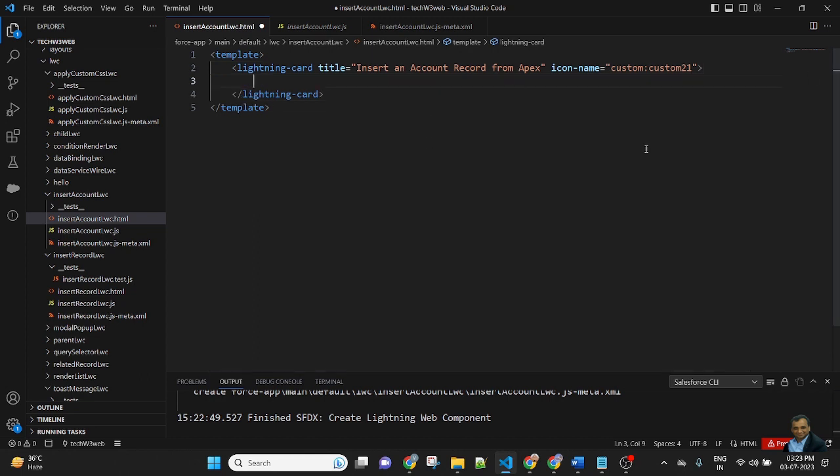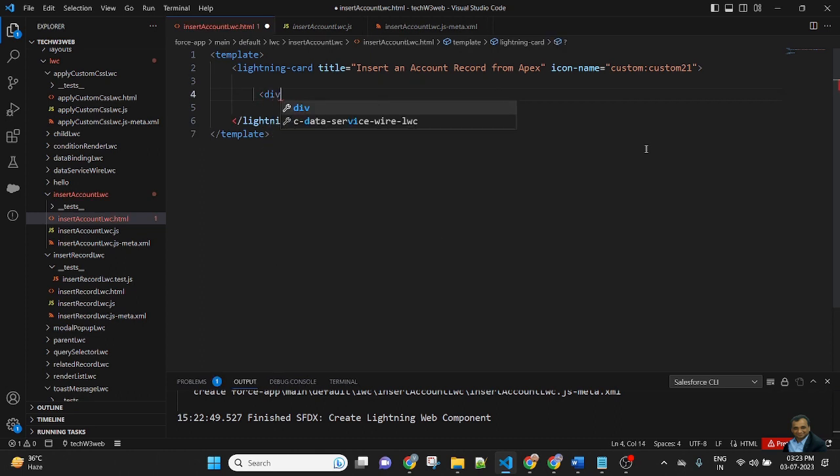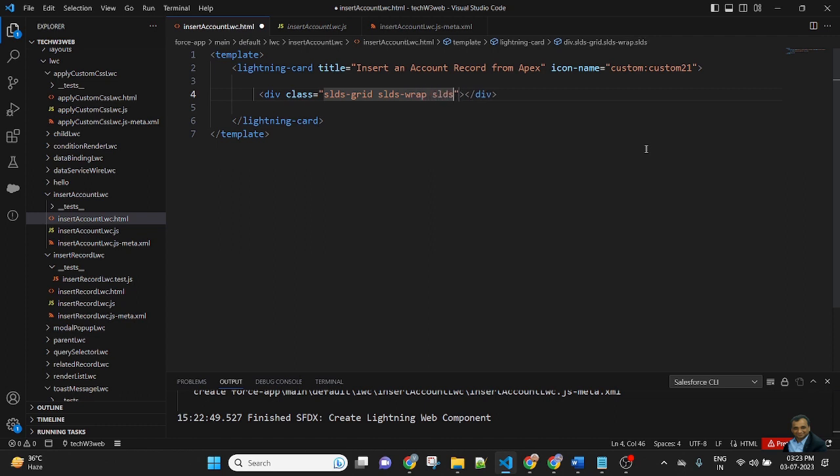Inside the lightning card, I will create a form. Div, class SLDS grid, SLDS wrap, SLDS gutters around medium.